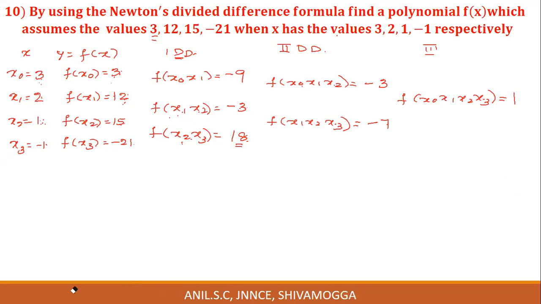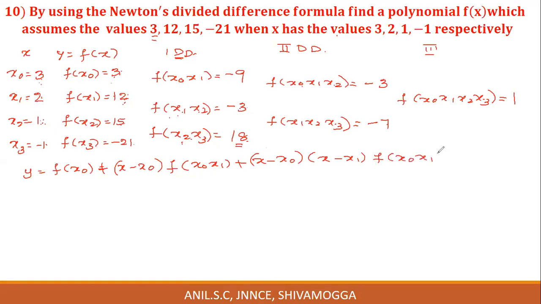How do you write that? What is the formula? Y is equal to f of x naught plus x minus x naught into f of x naught x1 plus x minus x naught into x minus x1 into f of x naught x1 x2